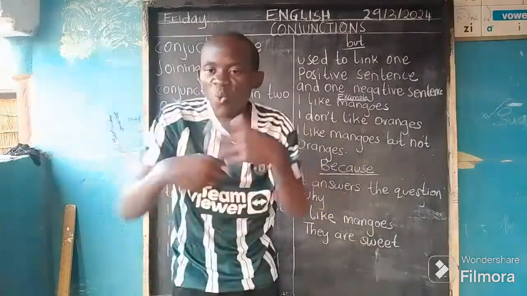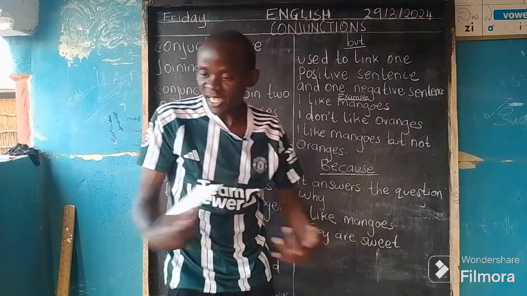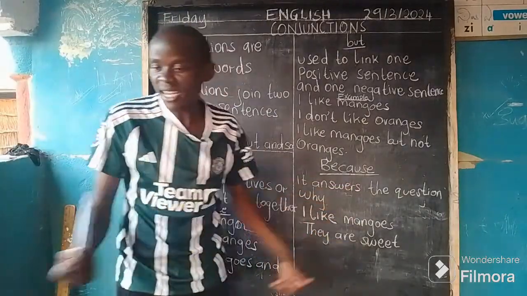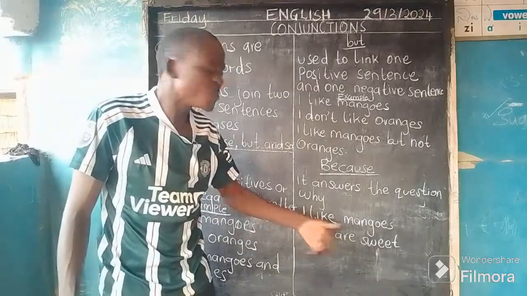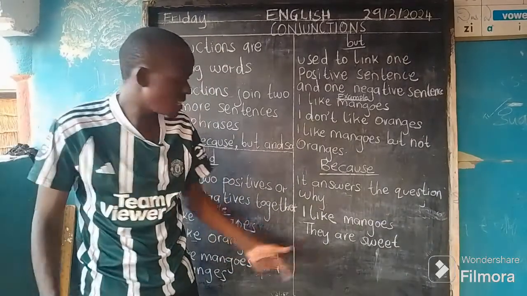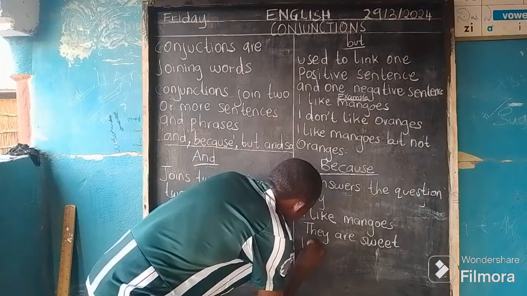I like mangoes. Why do you like the mangoes? Since why comes in, we say it answers the question why. When why comes in, you say I like mangoes. Why? Because they are sweet. Is that okay? So when you put the sentence together, it will be I like